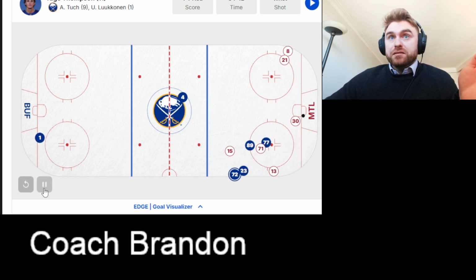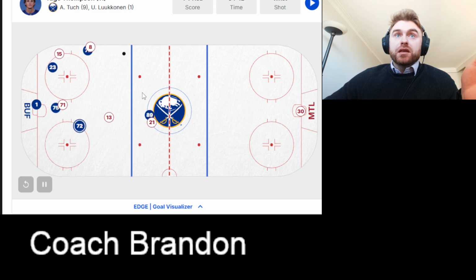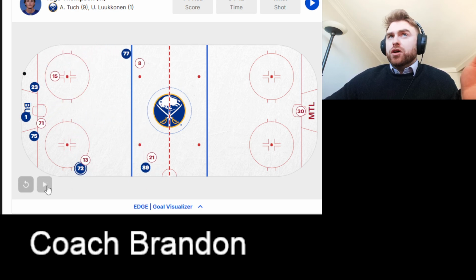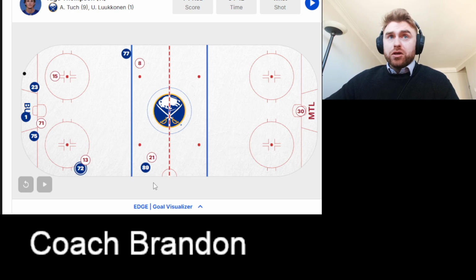Again, the best part of this play is Tuck flooding through. He started over here. I believe Tage Thompson's a centerman. This is why I like to do a little bit of prep before and know where exactly everybody is. So let's pull up the lineup. Buffalo lineup. Tage Thompson is a center. So perfect. So Tuck floods across because he sees, I don't know if that's a system thing or not, but